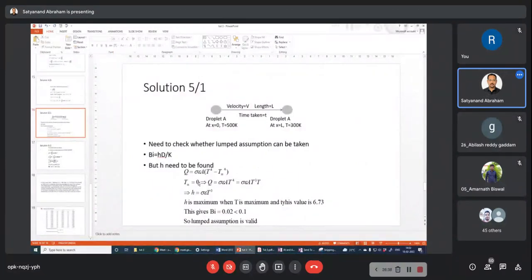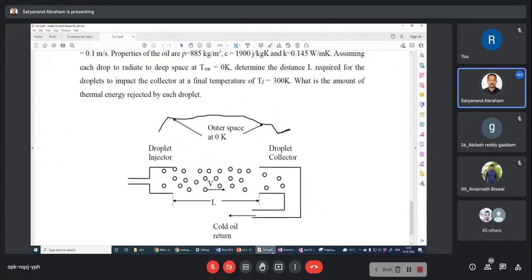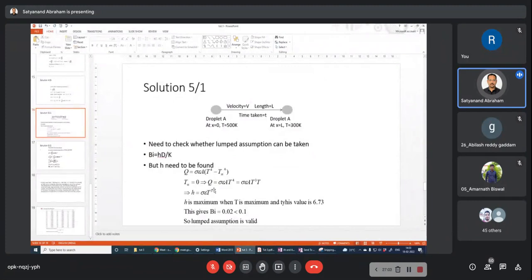But for this droplet, which is a spherical system, if you feel it is going to be very difficult to analyze, say the temperature gradient, you can write an assumption that,